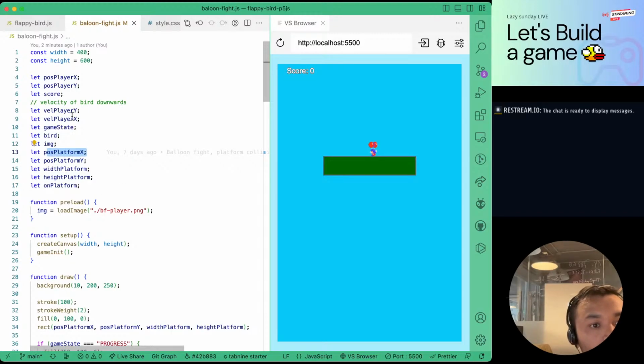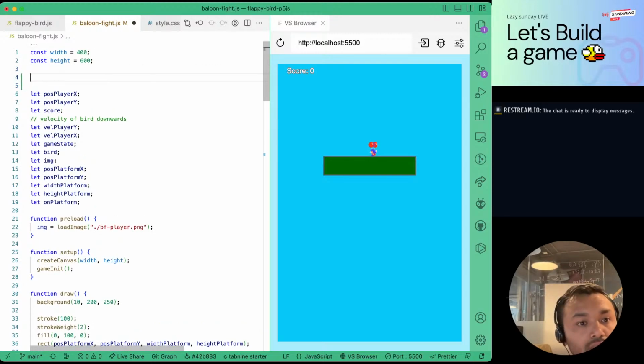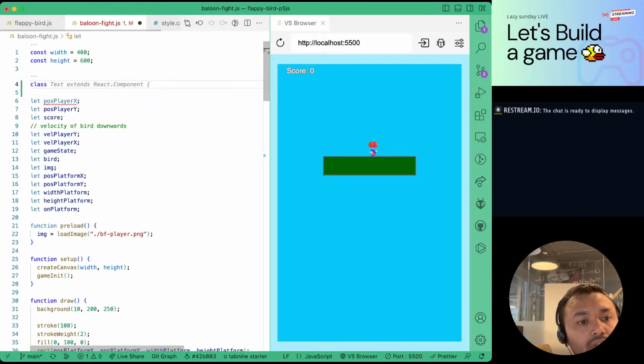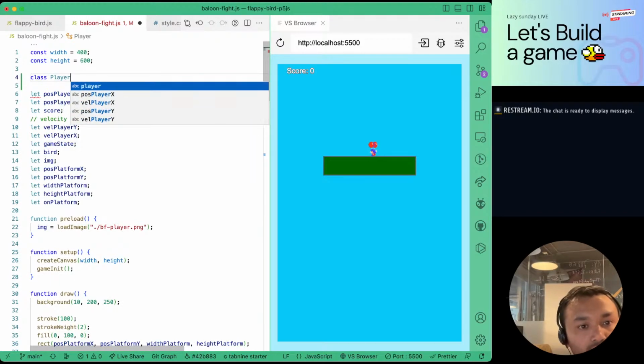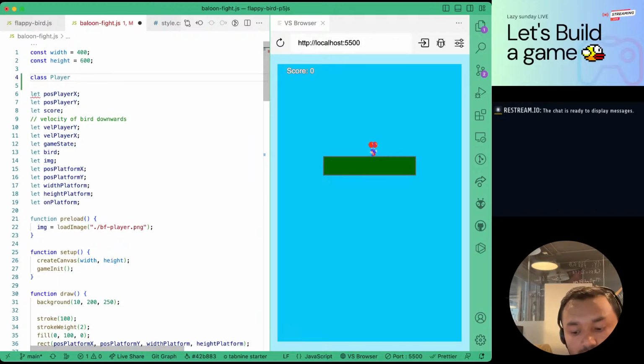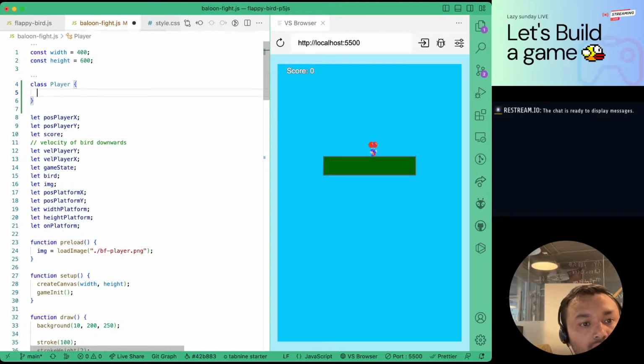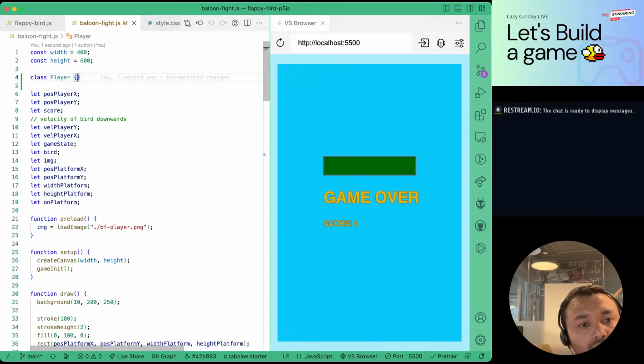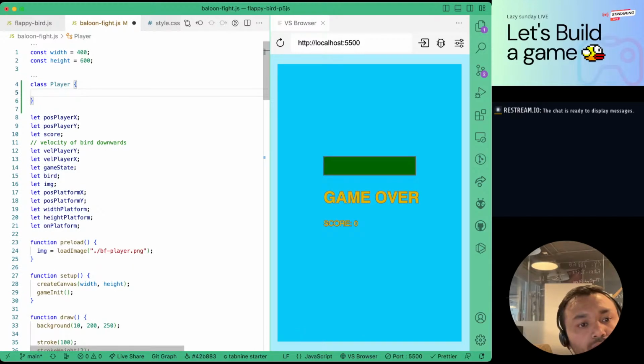How do we do that? We can simply create a new class called player, right? And a class is defined this way. If we want, for example, properties, we can have